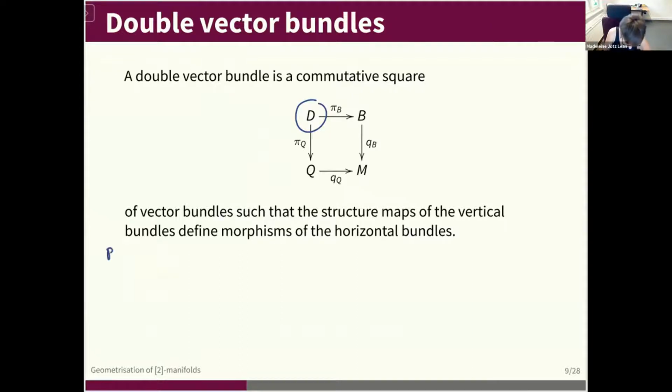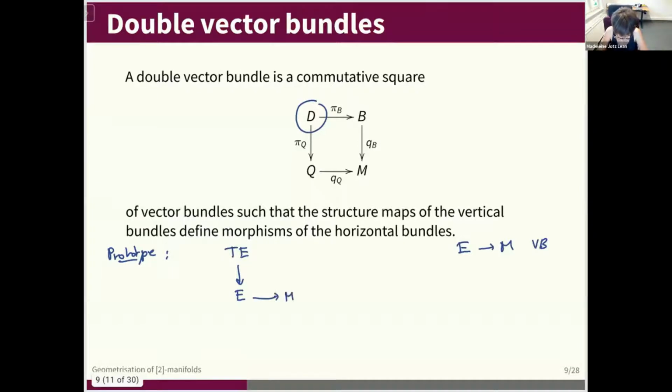The prototype, if you're interested in learning that, you should always start with, if you have just a vector bundle E over M, you should take the tangent bundle of E. So obviously, E as a manifold has a tangent bundle, so TE over E is a vector bundle, and E is a vector bundle over M. And over M, we have also the vector bundle TM. And if you take the tangent prolongation or the tangent functor on all the structure maps of the original vector bundle E over M, you will get a vector bundle structure on TE over TM,